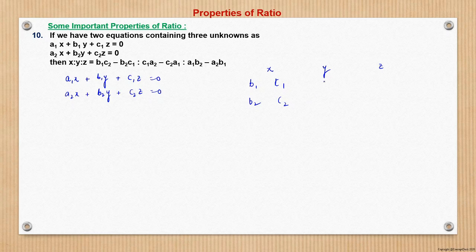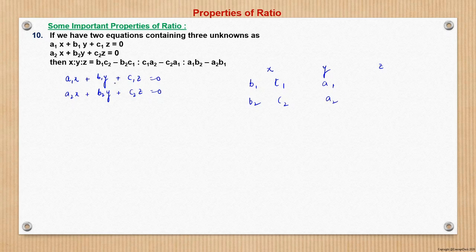Now for y, we will hide the y part and see what remains, starting from the right-hand side. If we hide the y part, we get the coefficients just right of it as c1, c2, and then we turn to a1, a2. c1, c2 we already have written, so we just write a1, a2.